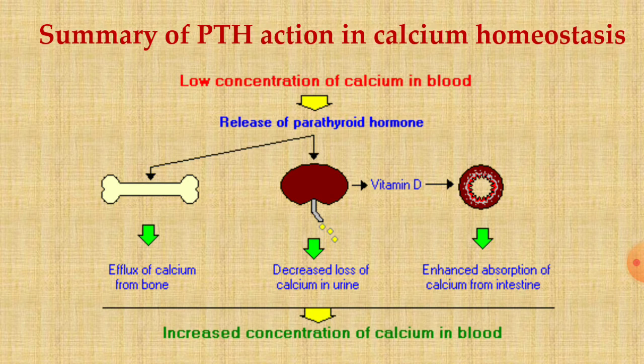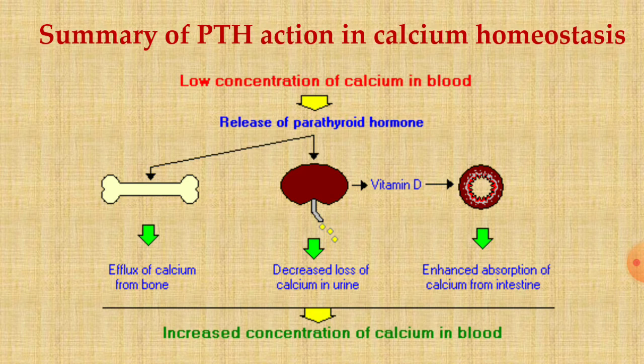Now the next target organ is the gastrointestinal tract. I have just mentioned that under the influence of PTH there occurs excessive synthesis of 1,25-dihydroxycholecalciferol by the kidney, as there occurs increased gene expression of 1-alpha hydroxylase enzyme, and so the formation of 1,25-dihydroxycholecalciferol or activated vitamin D3 is enhanced. And in the phase of excessive vitamin D, the absorption of calcium from the gut is also enhanced by the mediation of calbindin protein that I will be explaining in the next class.